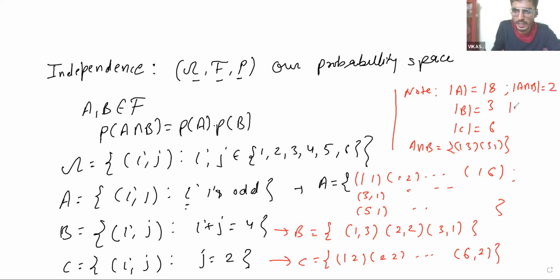If I take B intersection C, B is this event, C is this event, so the only common case is (2, 2). So the cardinality of B intersection C is 1.